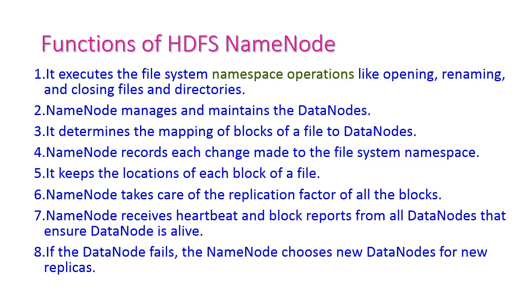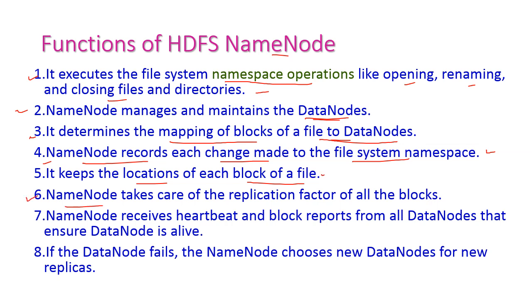The functions of the name node. Here the name node executes the file system namespace operations like opening, renaming and closing the files and directories. And the name node manages and maintains all data nodes. It determines the mapping of blocks of the files to the data nodes. And the name node records each change made to the file system namespaces. It keeps the location of each block of a particular file, and the name node takes care of the replication factor